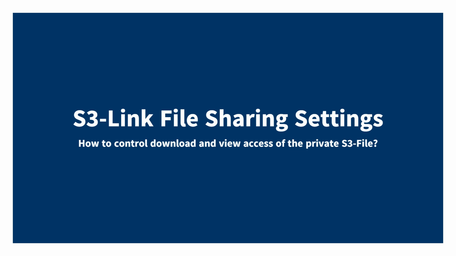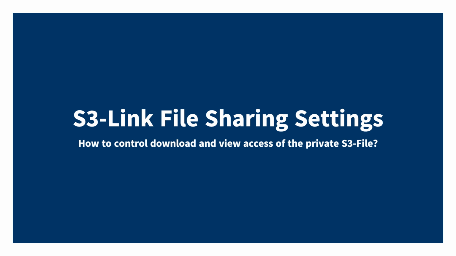We have a setting in S3 file called File Download or View Type. If it is private, then only the file owner or users with modify all permission on the S3 file object can download and preview that file. Other users can access the private file only if the admin or file owner gives them download or view access by creating S3 file access control from file sharing settings.